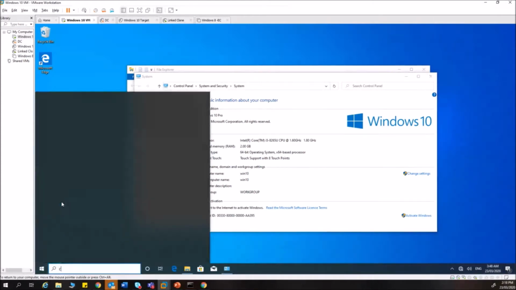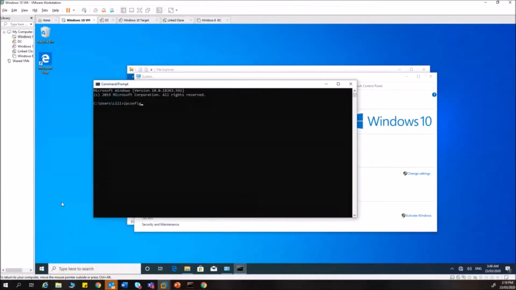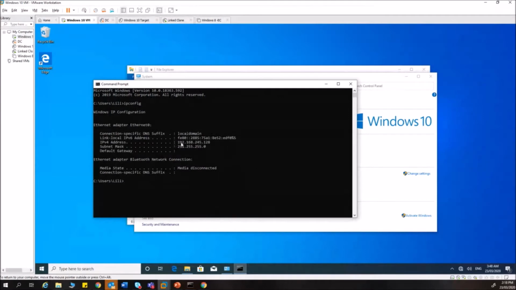So if I open up a command prompt and do an ipconfig on this computer, I can see I've got an IP address. But what class of IP address is this? So for the Cisco people doing Cisco, what class? Who said that? Matthew, was that you? Yeah. What did you say? Class C. Correct, Class C, because this first number is above